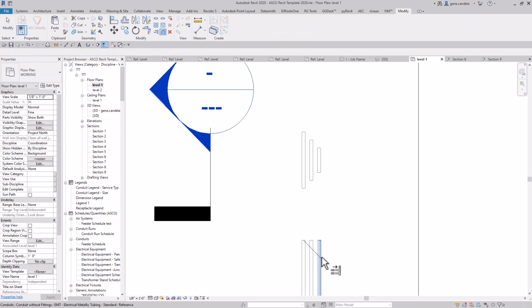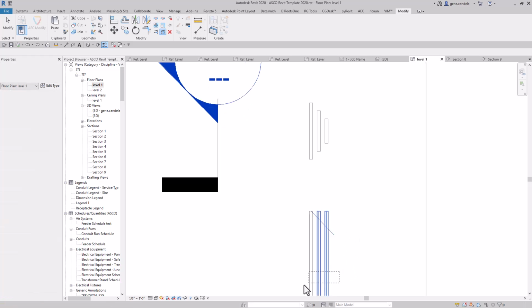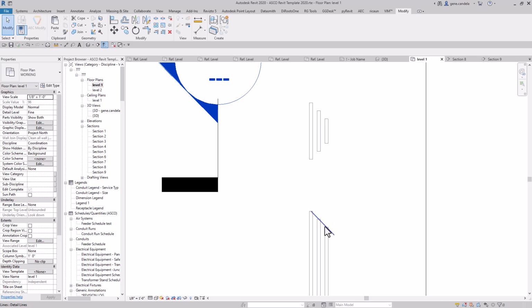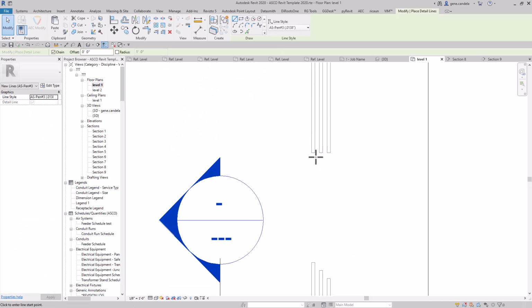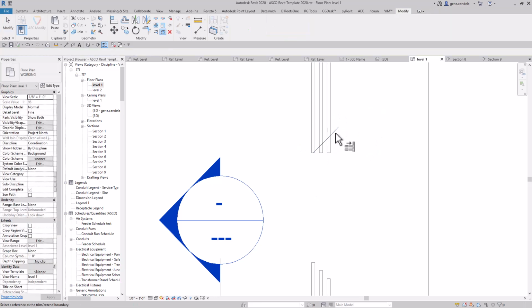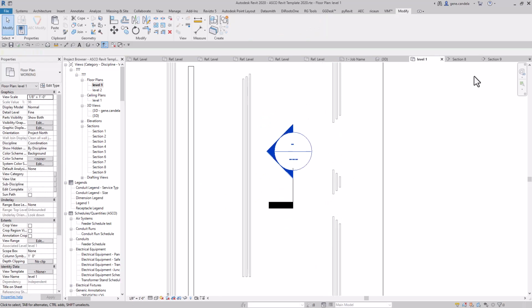Do the same thing. Okay, delete the line. So now we'll go to the section cut here,